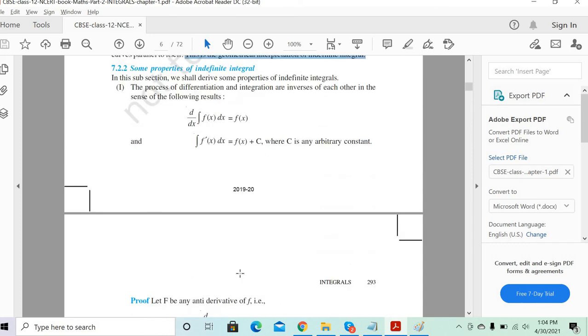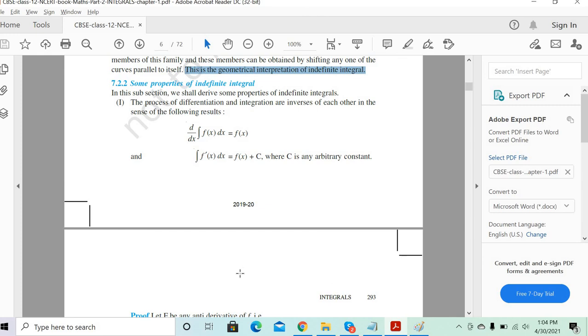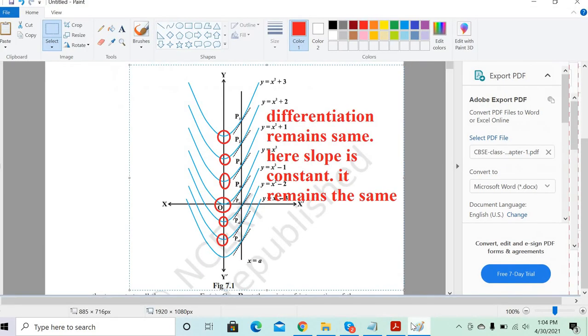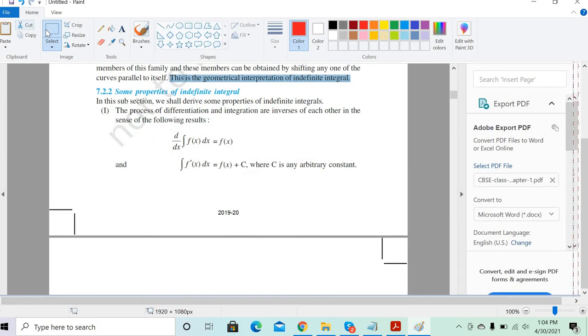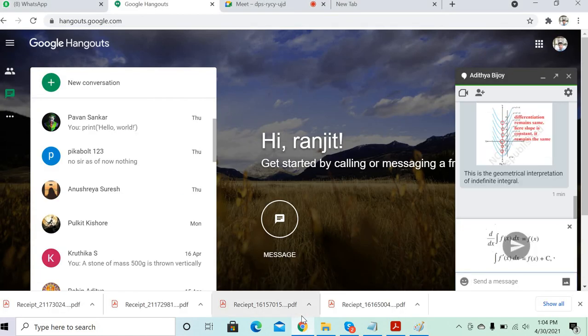Okay, so just like differentiation, d by dx of f of x is represented as f dash of x. So I'll tell you another way of representation, so that you should not get confused about it. Okay, so here let's understand that part. Yeah, these two things we'll try to understand. Look here.